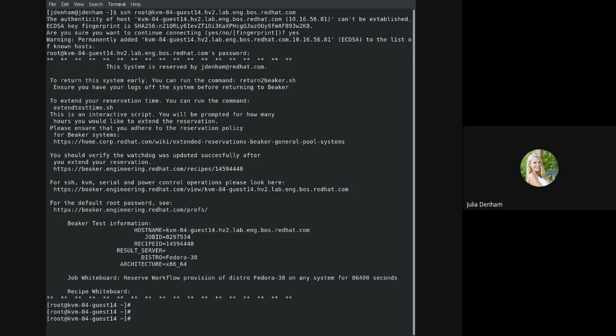I have logged on to a Beaker system. That's our tooling system at Red Hat. And I am on Fedora. So following the instructions, first command you run, first thing that's not in the instructions, but what I always